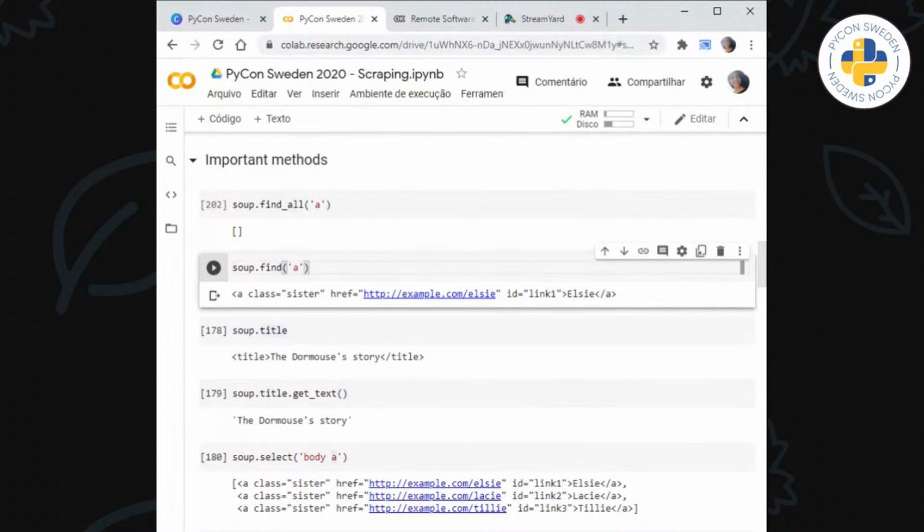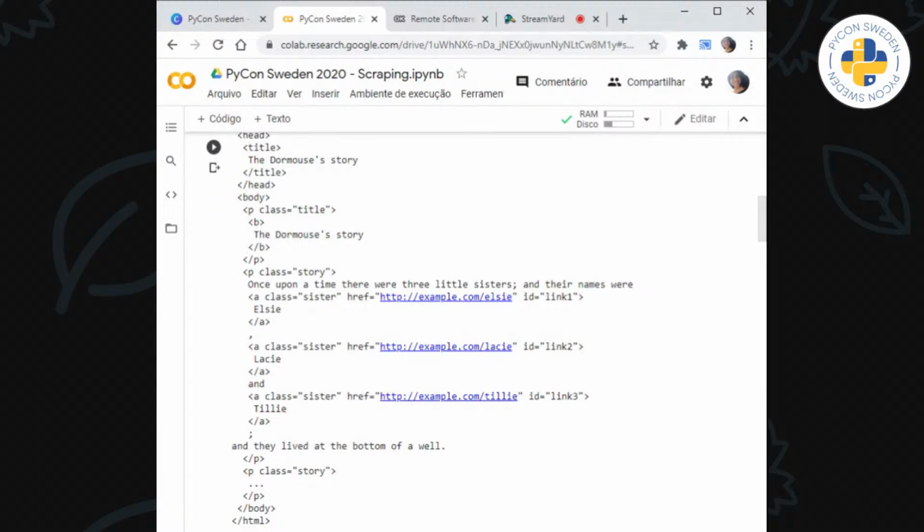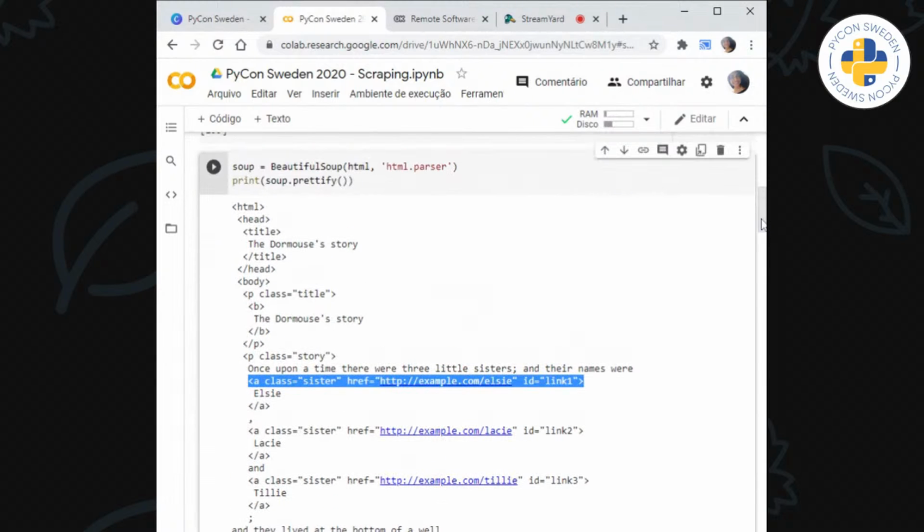Anyway, there's another method called find, which finds only the first appearance of a certain tag. As you can see here, it finds the first link that, if you look in the page structure, is literally the first link you can find after the whole document.